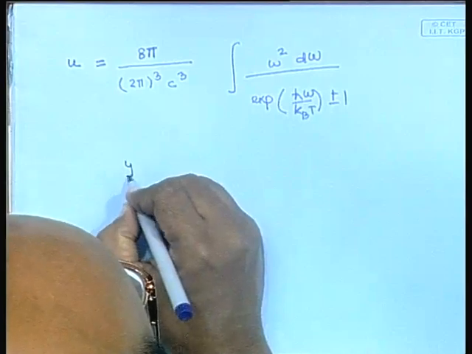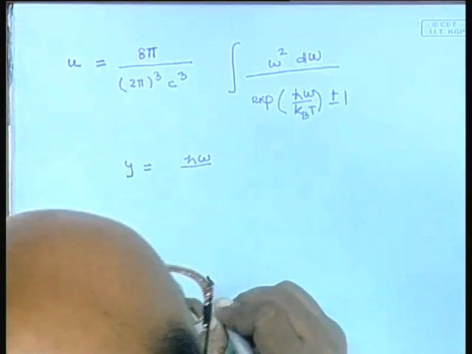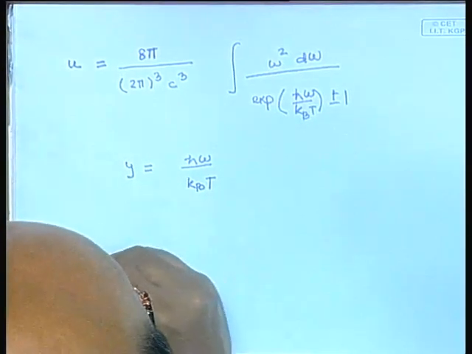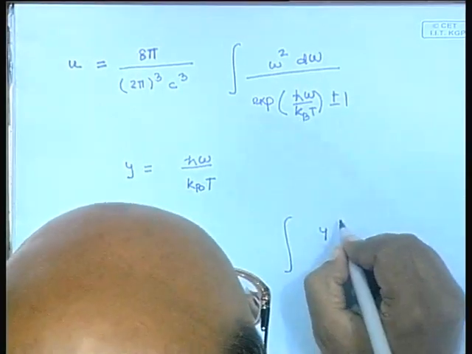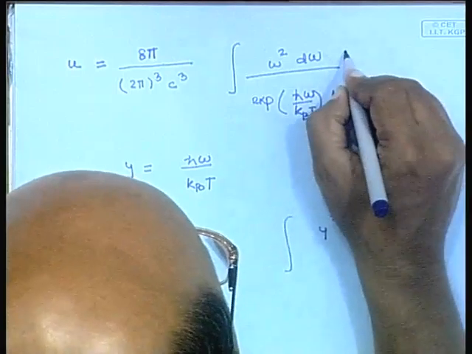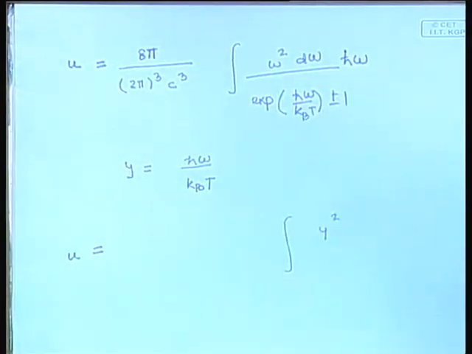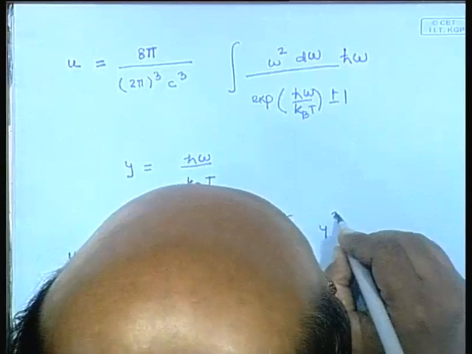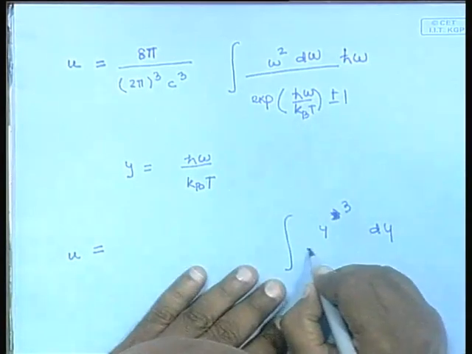Here we can define a new variable y, which is h cross omega by kBT, whereby this integral becomes y cube, y square, sorry, there will be a factor of h cross omega, because we are calculating the energy density per unit volume. So, there will be a factor of h cross omega here, another factor. So, this will be y cube dy divided by